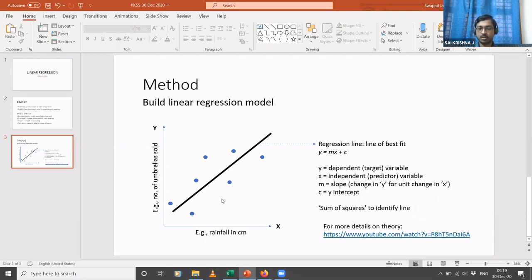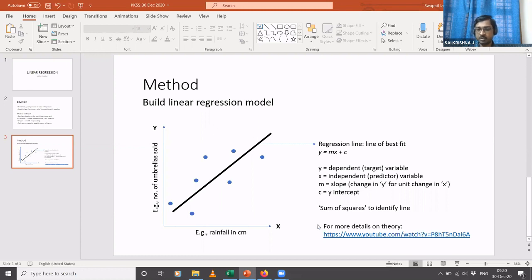So likewise, I told you that there could be many other possible lines, and for each of those lines, you take that sum of the square values, and you identify that particular line for which this sum of squares is minimum. Okay, and that line for which the sum of squares is minimum is called the line of best fit, or the regression line. Okay, so the other name for this method is the ordinary least squares method. So they typically say do an ordinary least squares regression, or OLS regression. So that is one more name for this method.